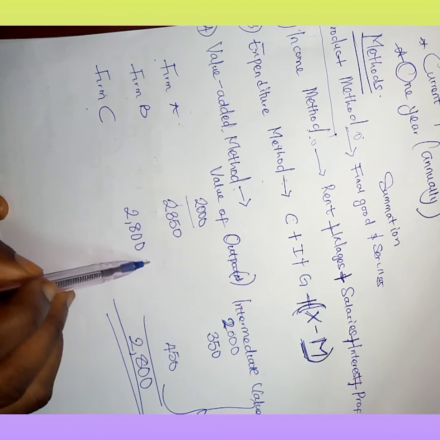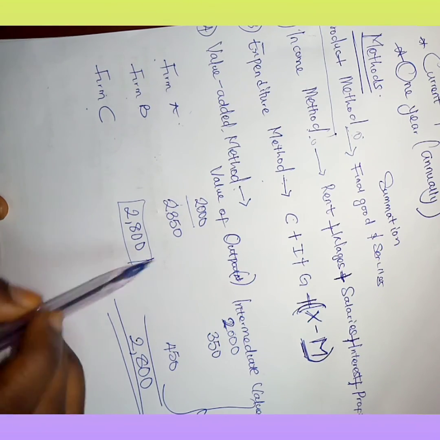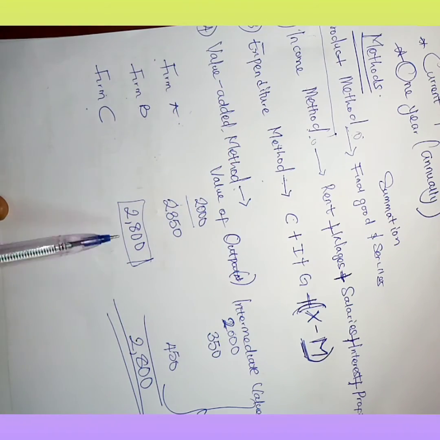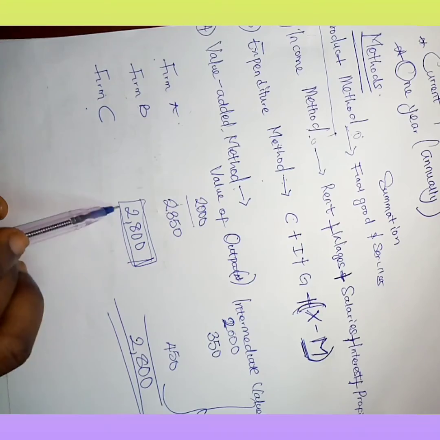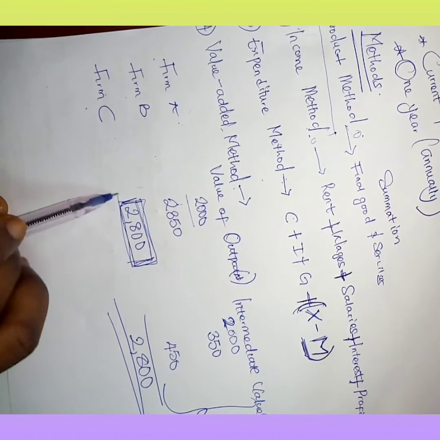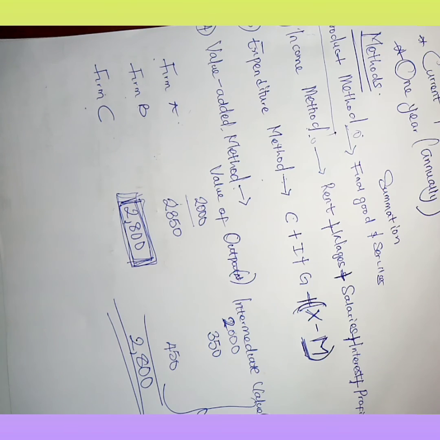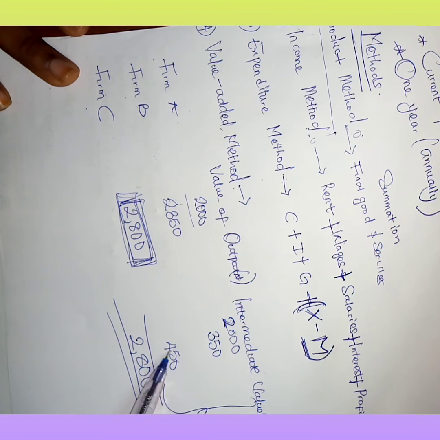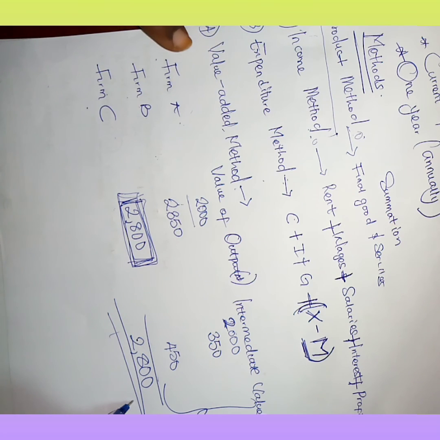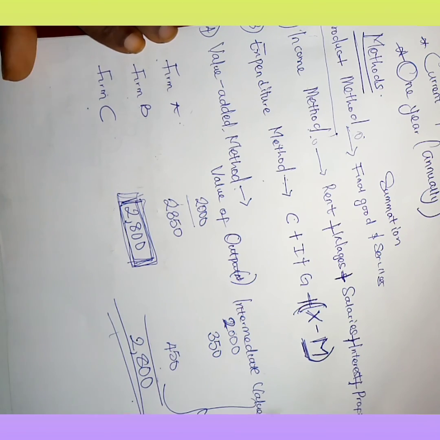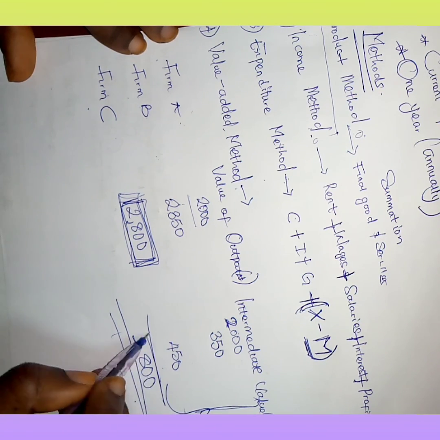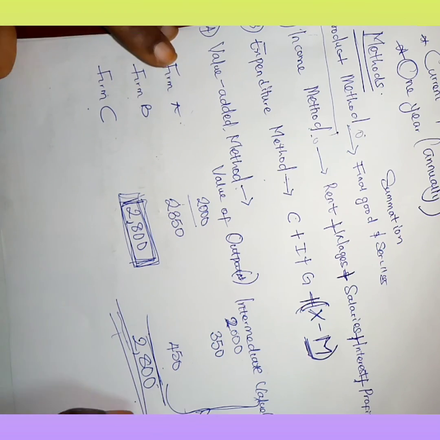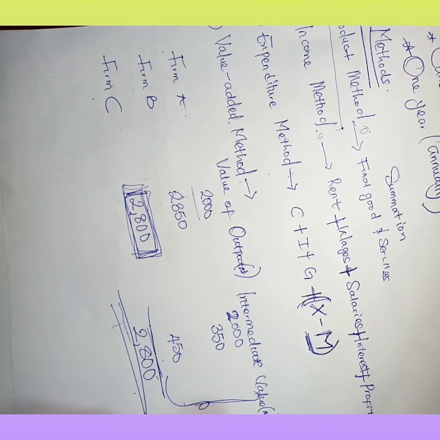You can even see that the value of the output method, the product method is also known as the output method, sorry. So this is the value of the final goods and services produced, which is 2,800, and which is also equal to the summation of all intermediate values. And we know that the value added method takes into consideration the value added at each stage of production. So when we sum up all of these, that's when we have the value of the national income using the value added approach.